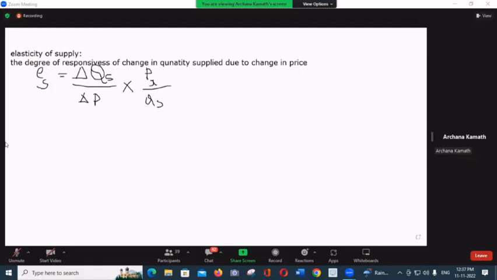Just one thing here, you don't have to take into account the sign of the answer. Why? Because the supply is always going to have a positive change in it. It's moving in the same direction. Price increasing in one direction, supply increasing in the same direction. Find the elasticity of supply when